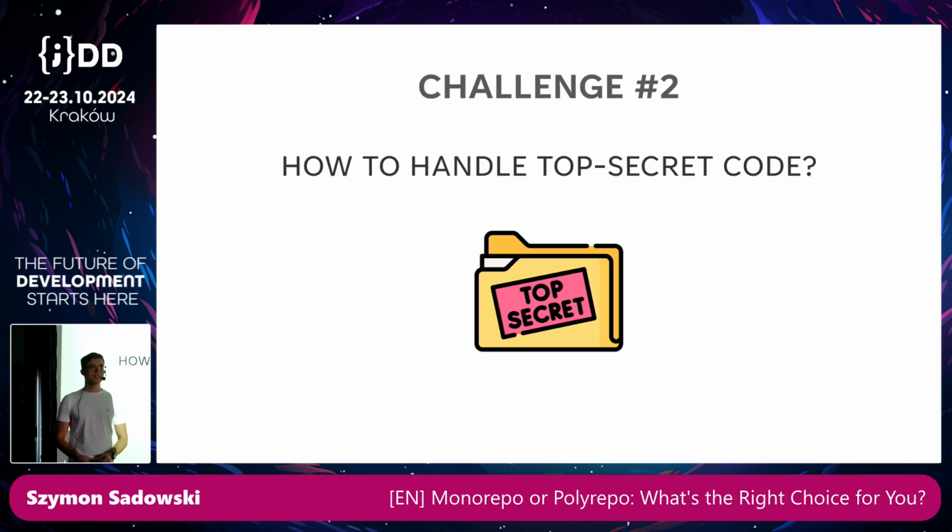I cannot specify that this person cannot view project A or catalog A, right? So how do we overcome that? And there's not an easy answer here. You can do some workarounds like using Git submodules or other advanced features of Git to hide certain parts of the code a little bit. But at the end of the day, we will be going against the entire spirit of Monorepo, which only thrives when you have openness and collaboration, right? So if you have a lot of top secret code, you are not going to have a good time in the Monorepo.